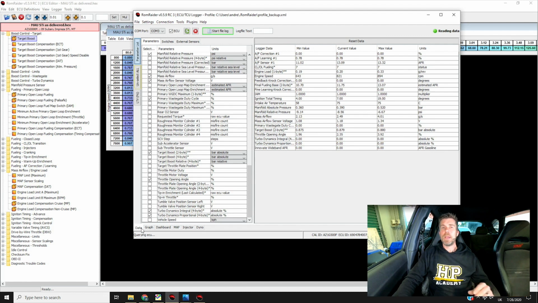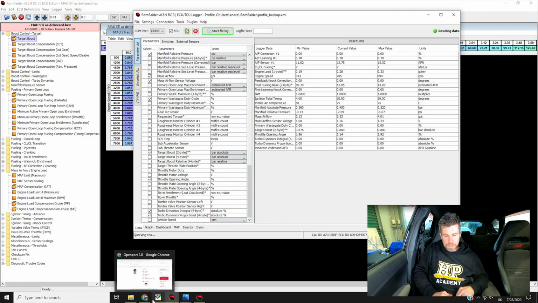The other aspect here is, particularly for our math scaling, it is worthwhile generating a large log file with a lot of samples. And what we're going to be able to do here is filter through those using the histogram function in Mega Log Viewer. Don't worry, we'll get into that in just a second. And that's going to give you a lot more data points for the same cell in our mass airflow sensor scaling table, for example. And this means that the odd outlier is going to essentially be outweighed by the rest of the data, giving you more solid results. So just important to mention those aspects there.